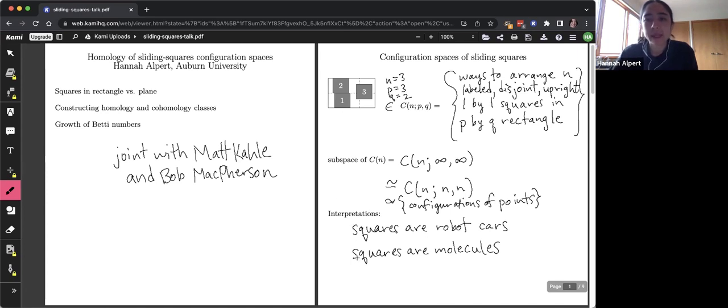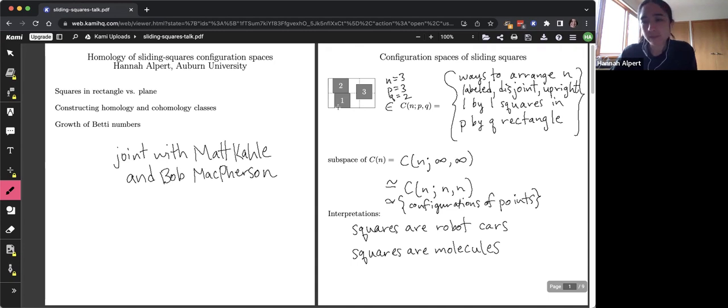And in this case, one parameter that we would be thinking of is the density. So what proportion of the area of the whole rectangle do the squares take up? If the squares take up a large proportion, then it's like we have a solid substance where the squares can rattle around in place, but can't move very far very easily. Whereas if you have a low density, it's almost as if they're all moving independently and we have, say, a